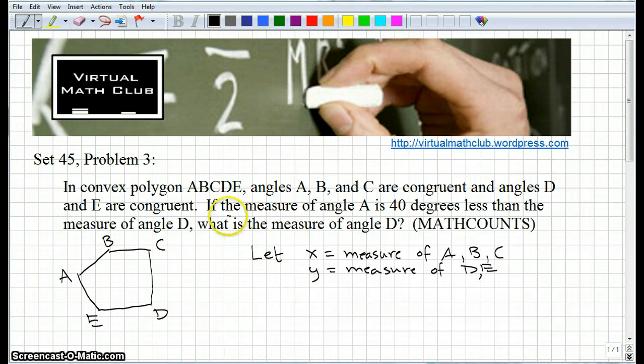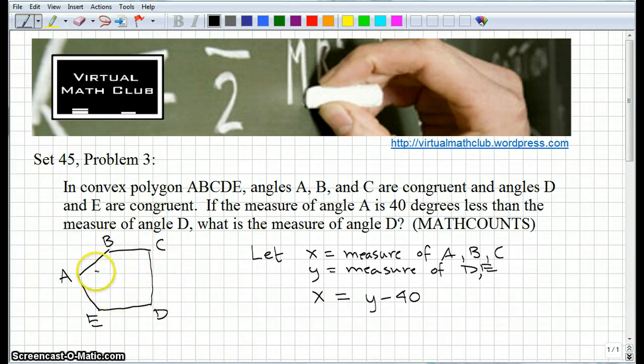So, what does this next statement say? It says that the measure of angle A is 40 degrees less than the measure of angle D. Alright, so let's write that out. The measure of angle A is 40 degrees less than the measure of angle D. Okay, so x is equal to y minus 40. And that's all they give us, right? But we also know something based on the fact that this is a 5-sided polygon. We know the sum of the angles in the 5-sided polygon. We don't know the individual angles, but